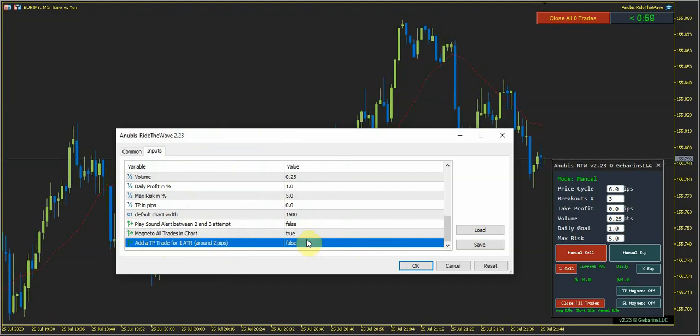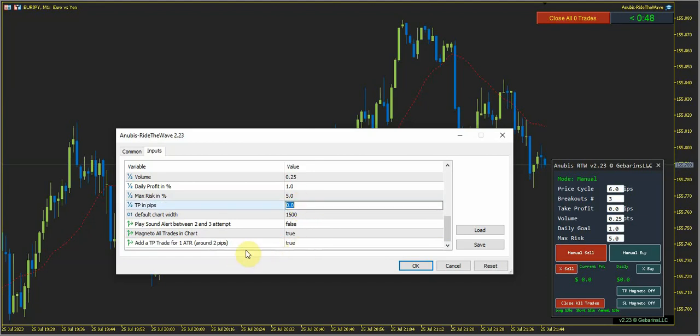One trade is an open take profit, the other one at 2 pips. So this is false at first, but if you make this true, then as soon as you hit a trade, even manual, there will be 2 trades triggered, one at the take profit that you set up here. The other one will be automatically at 2 pips or 1 ATR. Let's say you are in a 5-minute chart or a 15-minute chart. 2 pips doesn't mean anything. It's 1 ATR, or it will be half of the